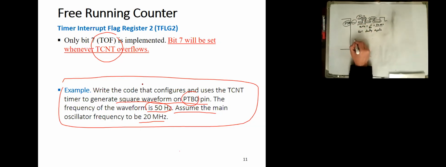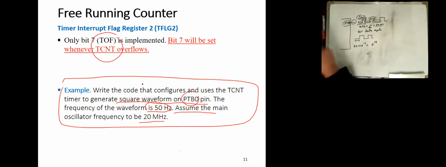Let's say, for example, we start with 0, then after 10 milliseconds we toggle, or complement, and we keep doing that. So basically, we need the timer to overflow every 10 milliseconds. So we need to figure out what configurations should be done to this timer. So 10 milliseconds, which is 10 times 10 to the minus 3, is basically